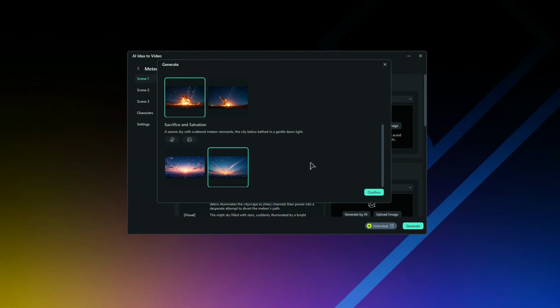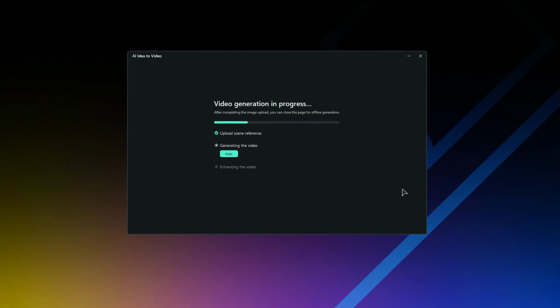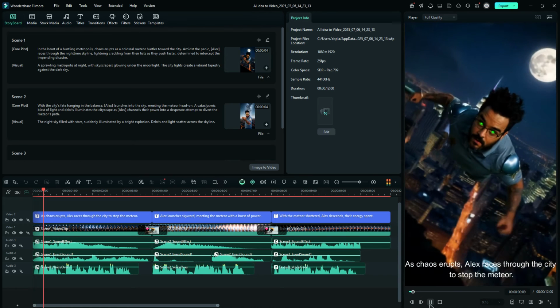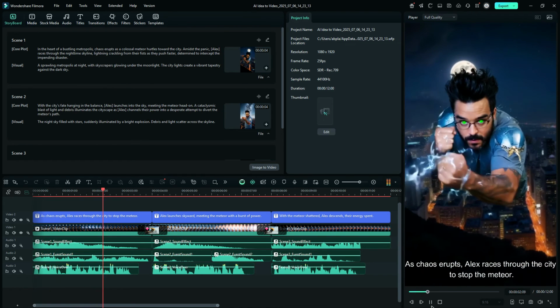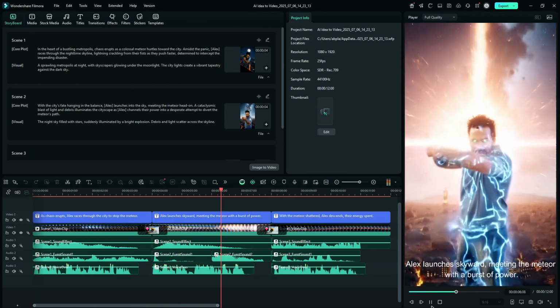Select the image and click on Confirm, and finally click on Generate. And within a few minutes, AI will generate a whole video based on your script. Now, let's see the preview. That is the way to turn yourself into a superhero, or you can generate a whole scene using an AI idea for